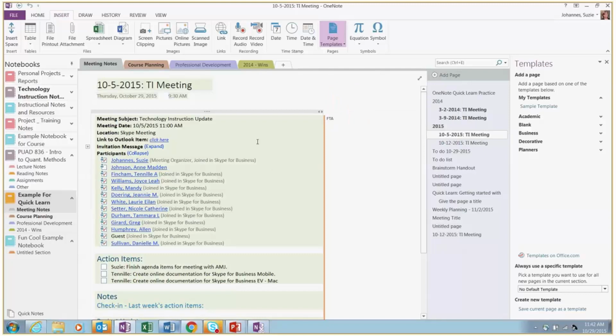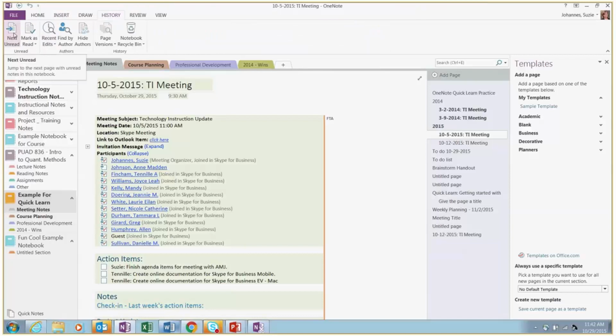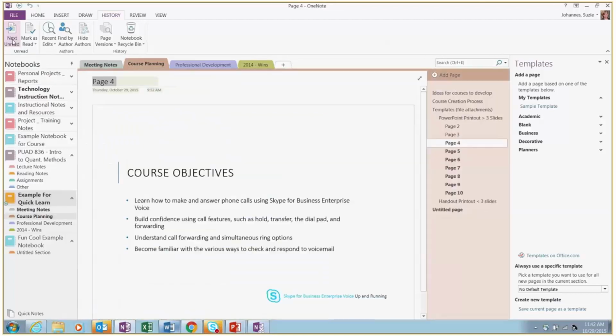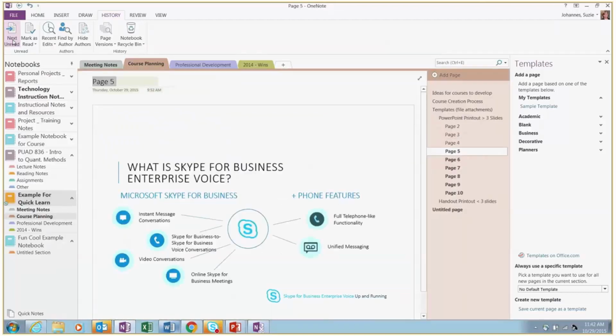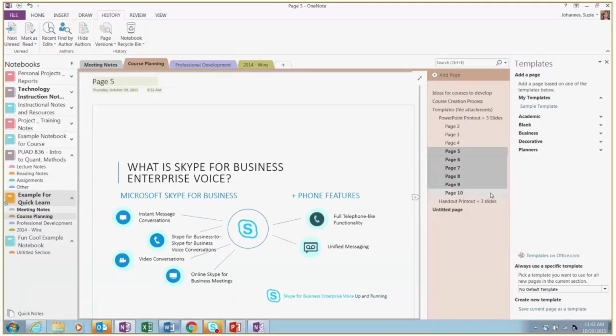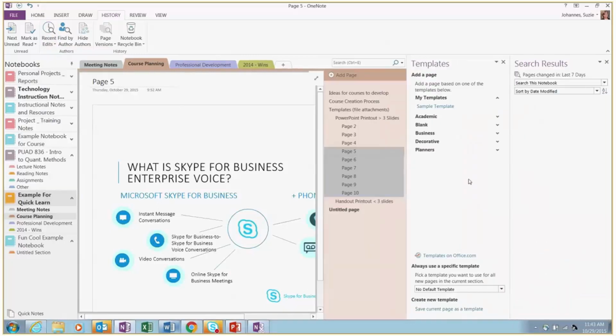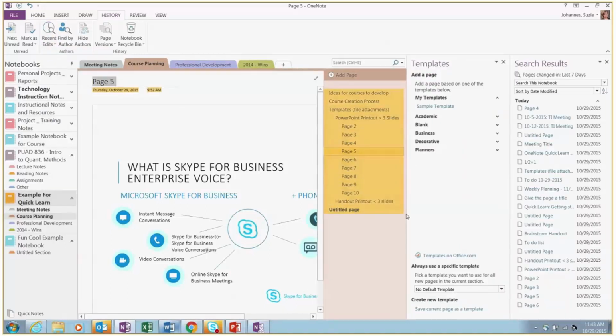You have even more options than that if you come to the History tab here. You can jump around to see what's the next unread thing, and you can mark things as read. If I know what this is, I can select these, and I can mark as read. Also really cool, I can see recent edits. What are the edits made in the last 7 days? It's going to be everything, because we just created this yesterday. Let me close some of these.